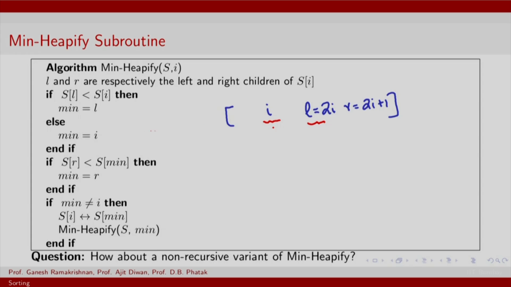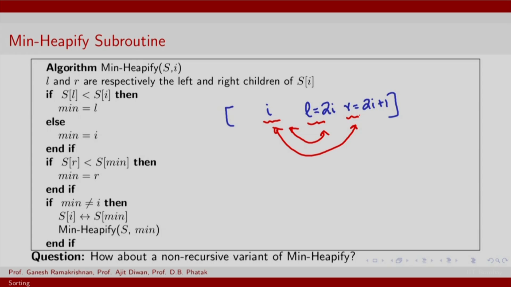So you basically do some bookkeeping and keep track of which of these is the min. If i happens to be the min, there is not much to do. In fact, you could stop. Likewise for R, you make a comparison with i. You do not need to compare between L and R because each of them only needs to be ensured as